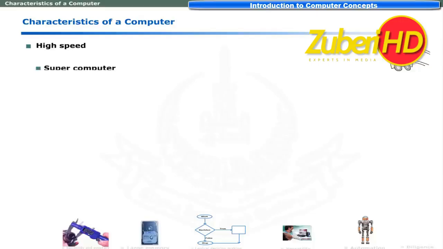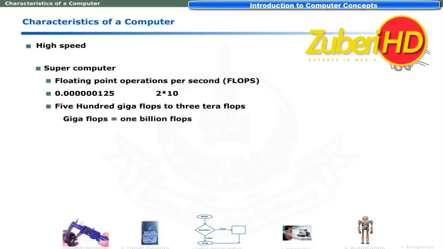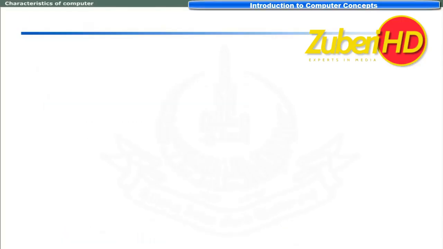The speed of supercomputer is measured in terms of floating point operations per second. Floating point numbers include very small or very large numbers. Supercomputers operate at a speed of 500 gigaflops to 3 teraflops. A gigaflop is 1 billion flops and a teraflop